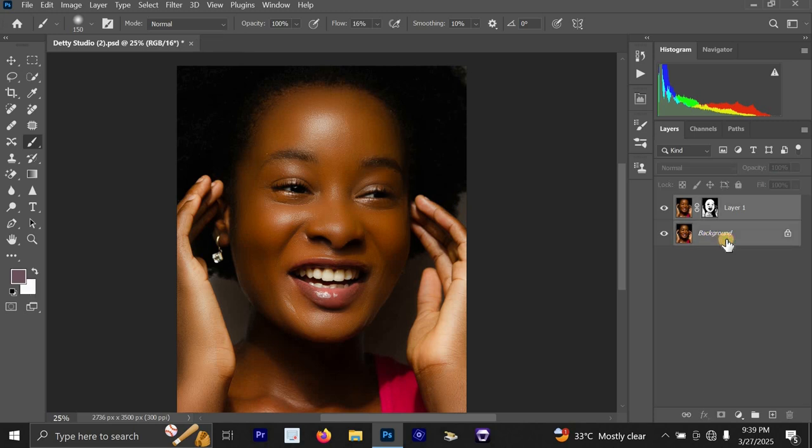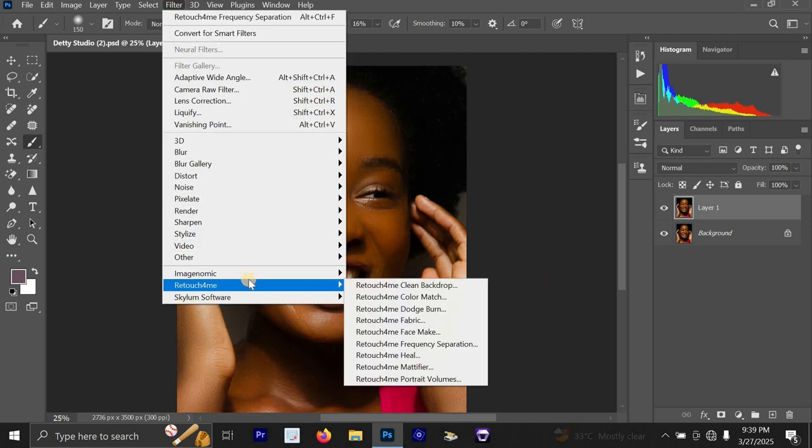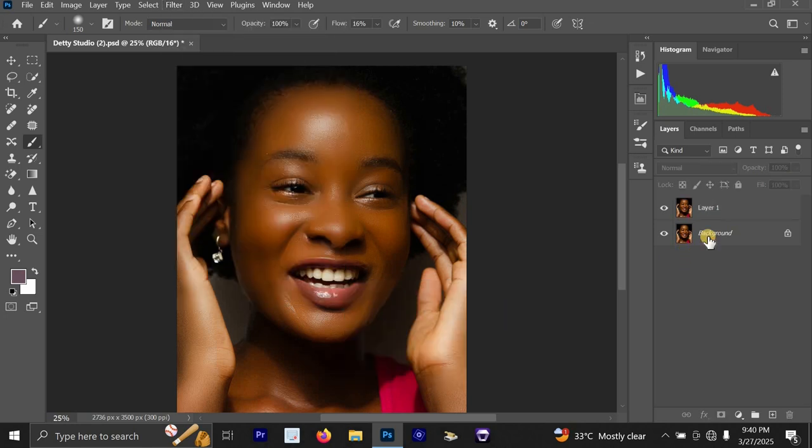So I'm just going to click on this background. Then I'm going to press Ctrl J on my keyboard. Then I will highlight these layers together and press Ctrl E. Let's look at the before and the after. If you go to Filter and click on Retouch4me, you are going to see Retouch4me Face Make. But before we select this Face Make, let's press Ctrl J on our keyboard in order to create